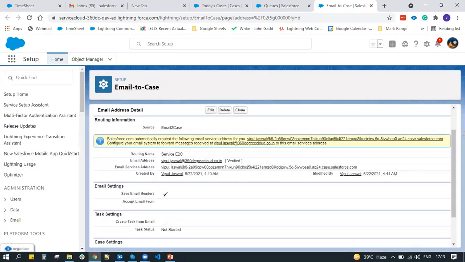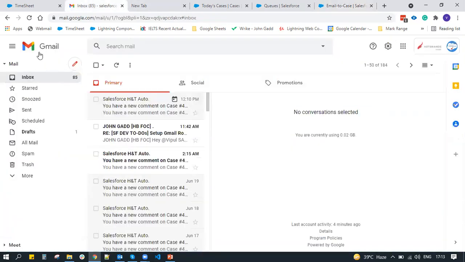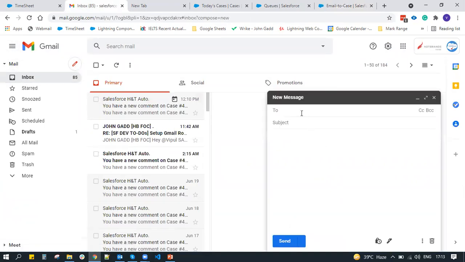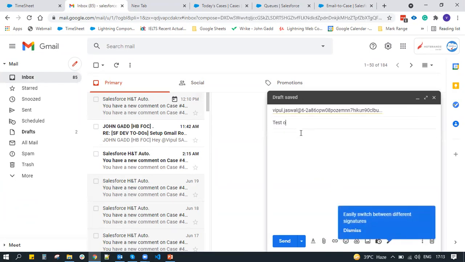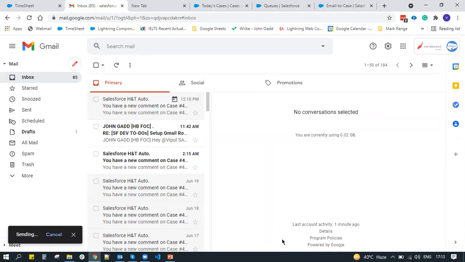Okay, so if I'm a user, I just copy it. For example, let me copy this address. Now I will go to my Gmail server or any of the email servers, compose an email, and paste it here. Let's name it as test of email to case in Service Cloud seminar. Okay. As soon as I click on send, what is it going to do?